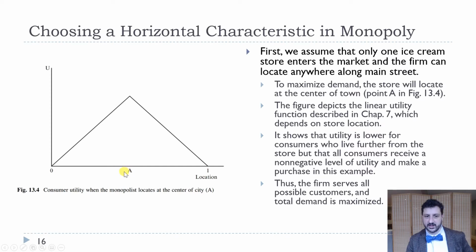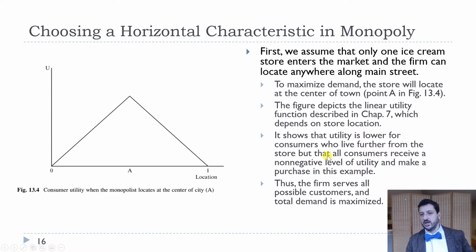So if you happen to live right next to the store, if that is exactly what you want, then you get the most utility. And if you're far away on either the left or the right, then you will just get the minimum amount of utility, right? And so this assumes that all customers are served, which is reasonable in this market, right? But you're just going to price it so that these people are basically just indifferent between